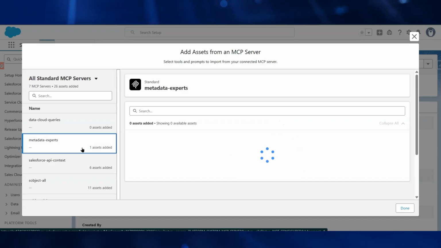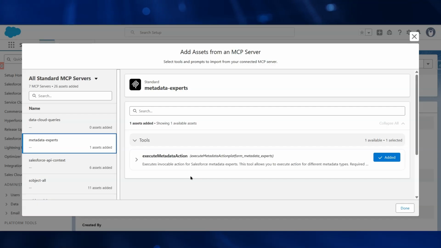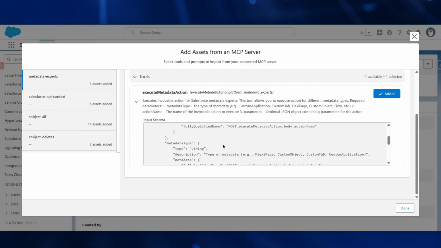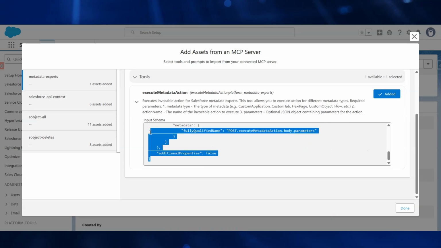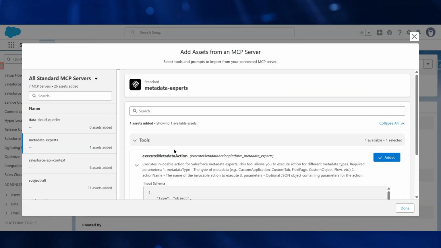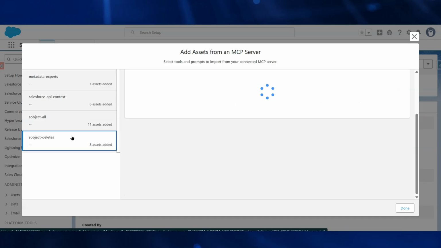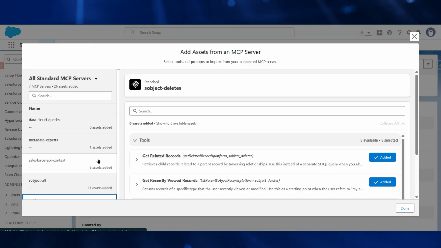When you click on this metadata expert server, you can see what tools will be used by Salesforce. This is in JSON format, as you can see here. This is the interaction of the APIs with external metadata and with MCP servers. Like that, multiple standard API contexts are added, and that's why I created a new custom MCP